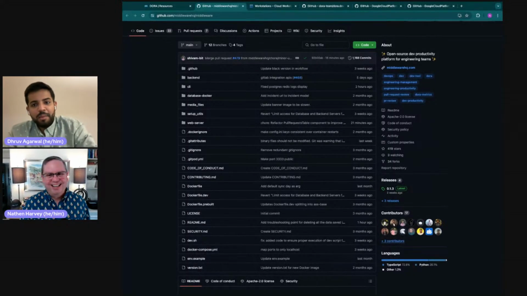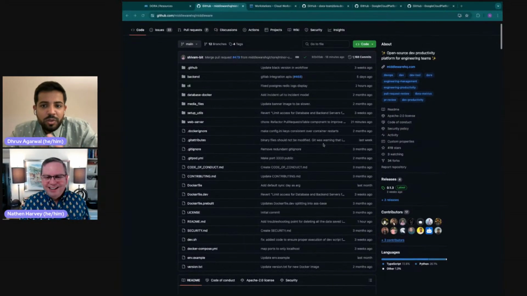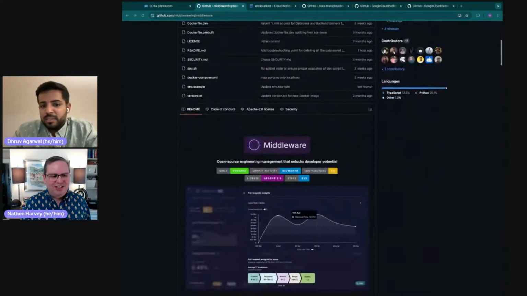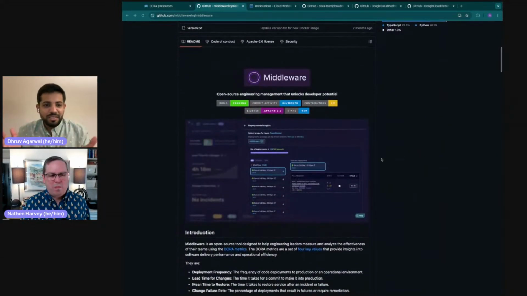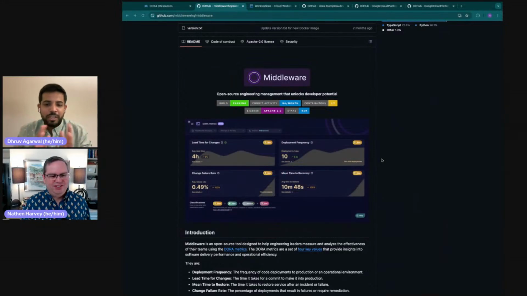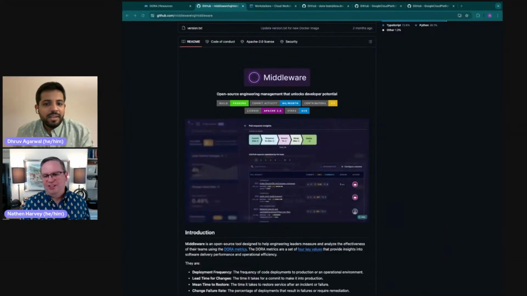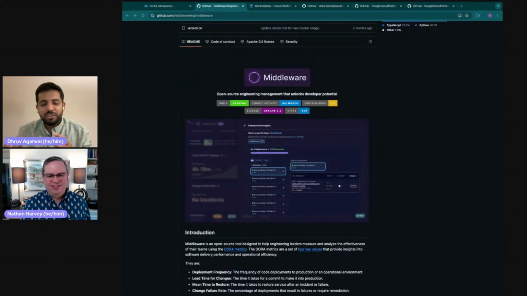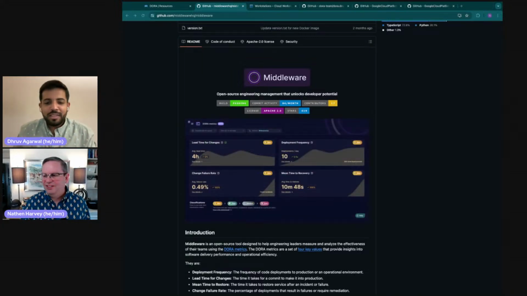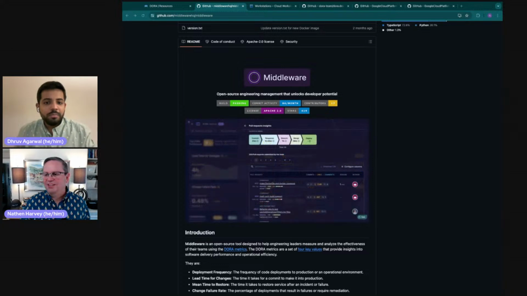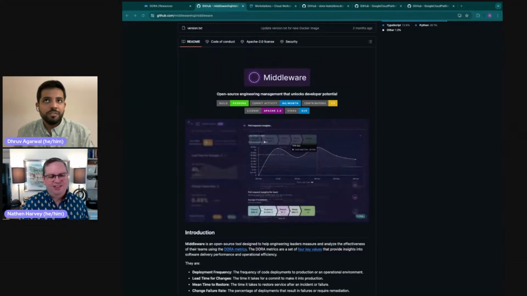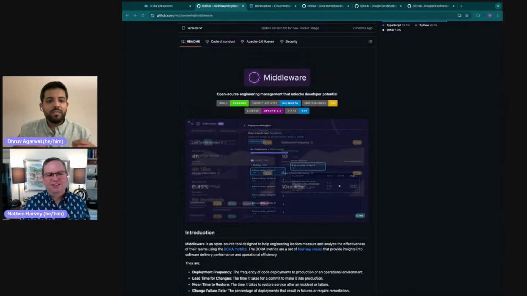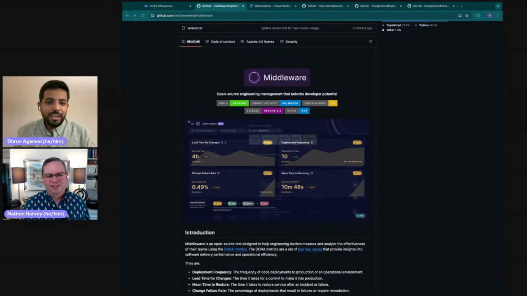Oh, of course. So middleware sits on top of, right now we are supporting Git. So it sits on top of your GitHub or any other code management tool you're using. And it's built so that when any company or any engineering organization is looking to start their journey with engineering metrics, DORA comes as the first framework to optimize your delivery. So we wanted to give back to the community by making it very easy to get started.